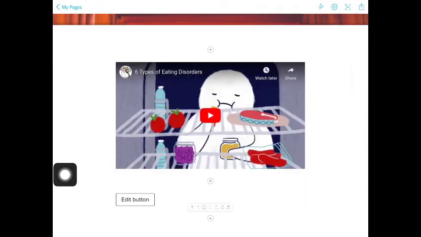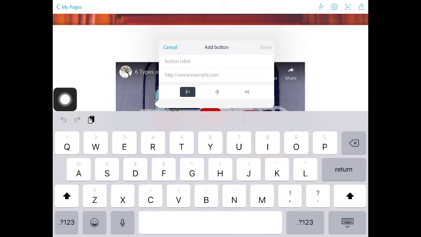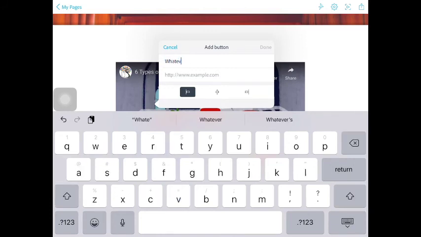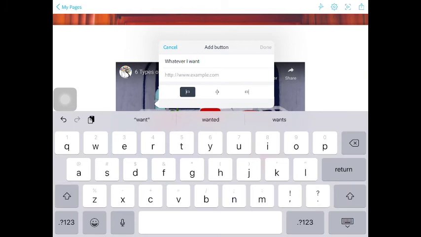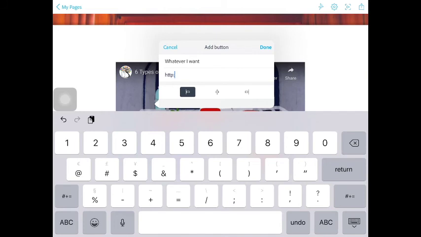The last thing today is incorporating a button or 3 or 4 into your website. And let's tap that real quick. So first, what is a button? A button is whatever you want it to be. So I'm going to call this button whatever I want. And you'll see where that text comes in here in a moment. And this button can take us to any website that we want it to. So maybe I want this button to take me to,